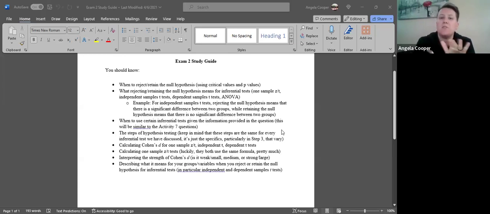Now, for rejecting and retaining the null for one sample tests, both Z and T, it's actually very similar. The null and alternative hypotheses for one sample Z tests and one sample T tests are identical. So when we reject or retain the null, the same conclusions can be met. For both one sample Z and T tests, rejecting the null is saying that the population provided, which is the mean of the population, and if we have a z-test, we also have the standard deviation of the population,